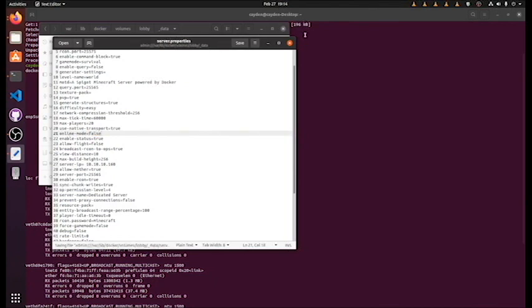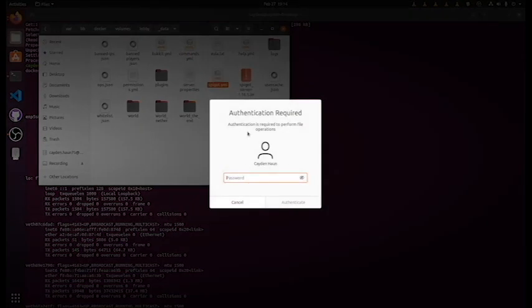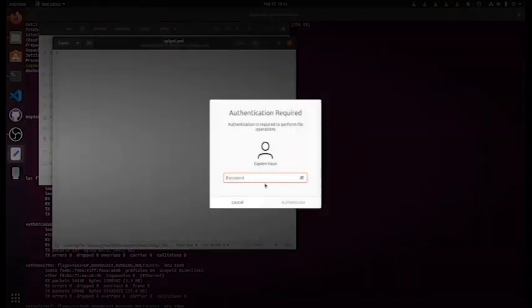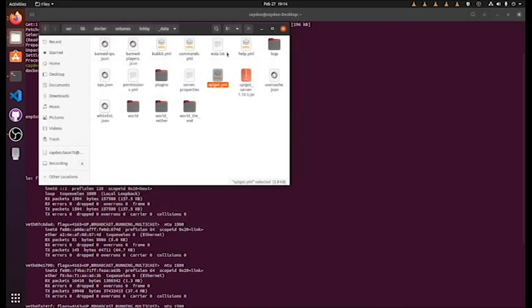And then we save this file, and then one last thing is go to spigot.yml. It'll ask you for your user password once again, and this time it did it for me twice. And we're just going to go to the settings part and see Bungeecord. We need to set that to true. Now save this file, X that off,